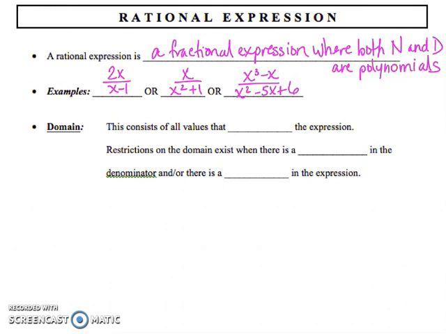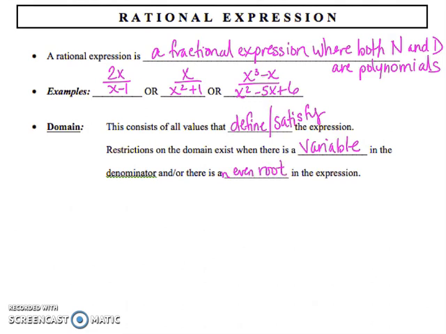Whenever we talk about rational expressions, we always need to talk about domain. Okay, so the domain consists of all values that define, or we could also say satisfy, the expression. Restrictions on the domain exist where there is a variable in the denominator and or there is an even root